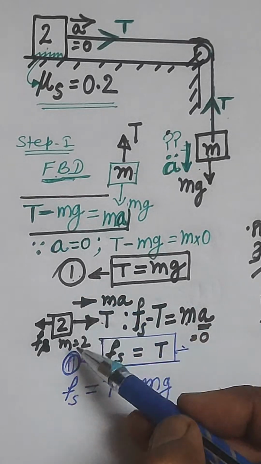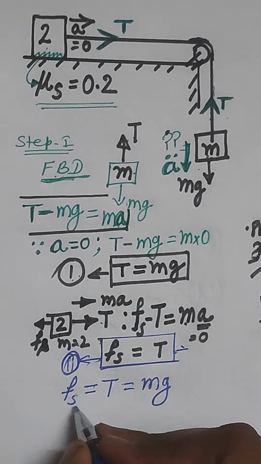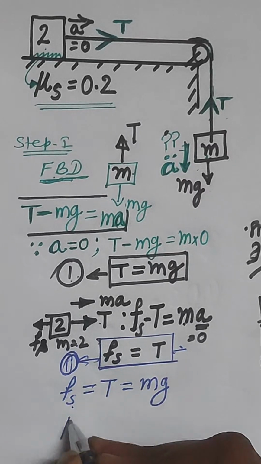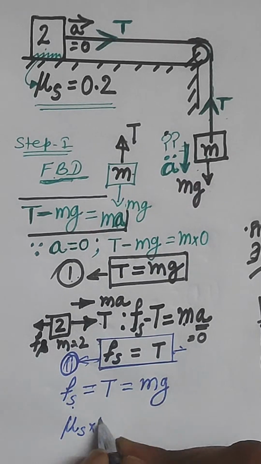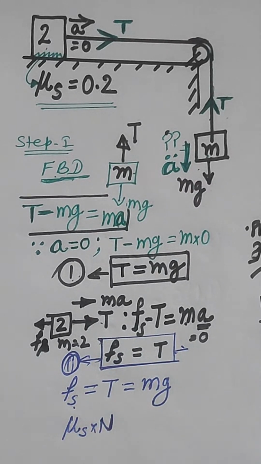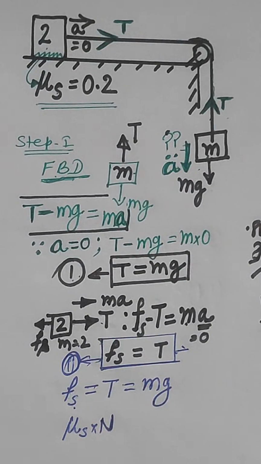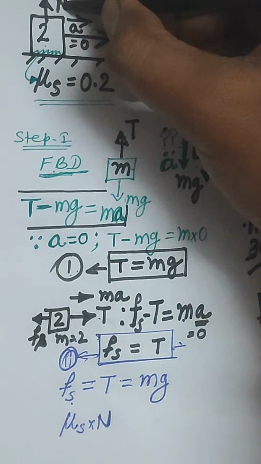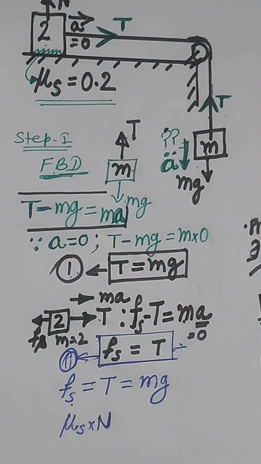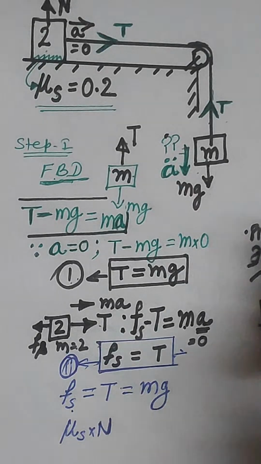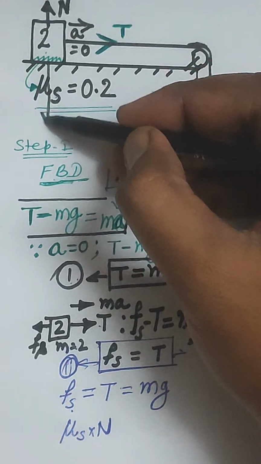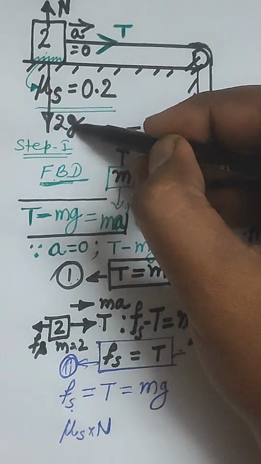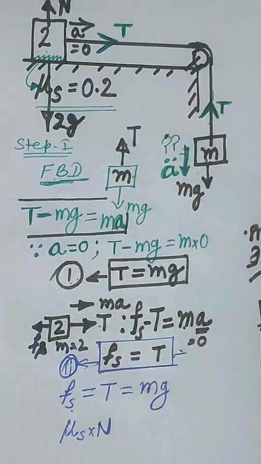The value of static friction will be equal to mu s into the normal reaction, right? What is N? N is the normal reaction acting in the upward direction, perpendicular to the floor of the table, and this will be equated with the total downward force, which is m into g, that is 2g,